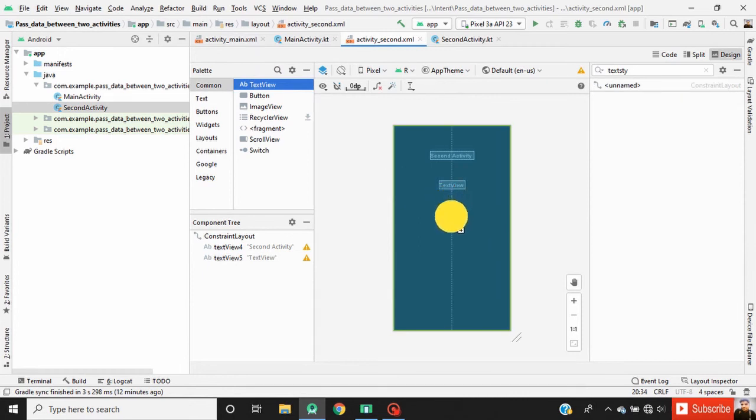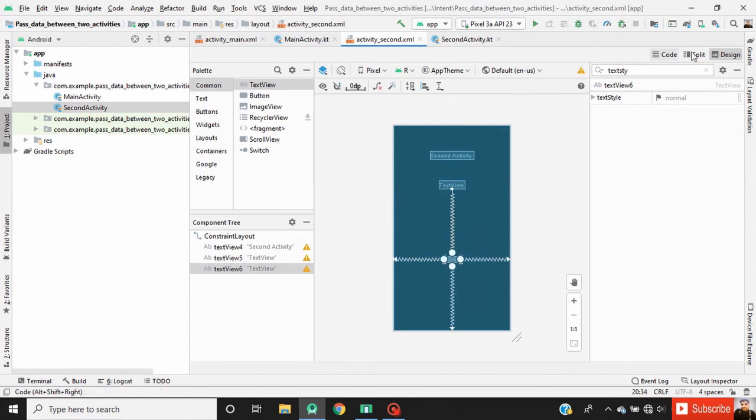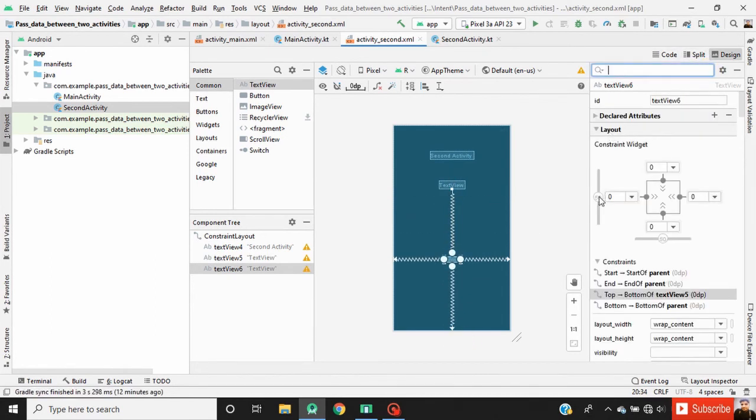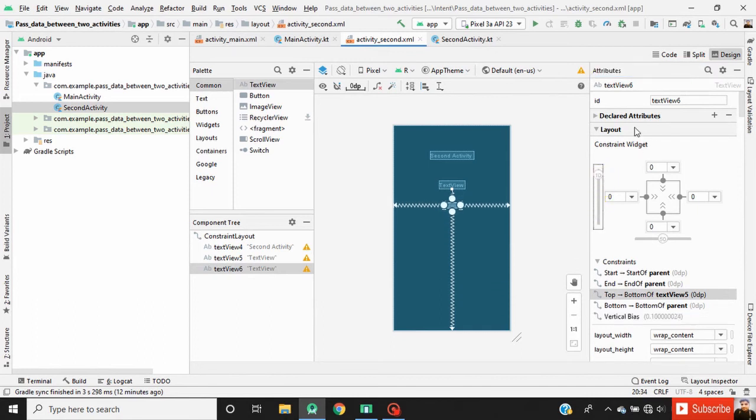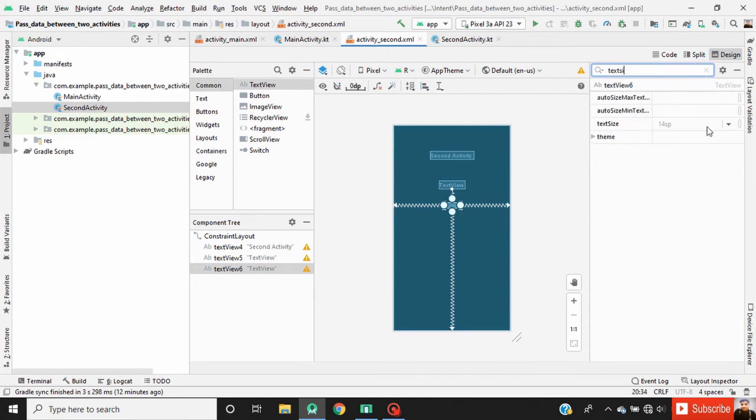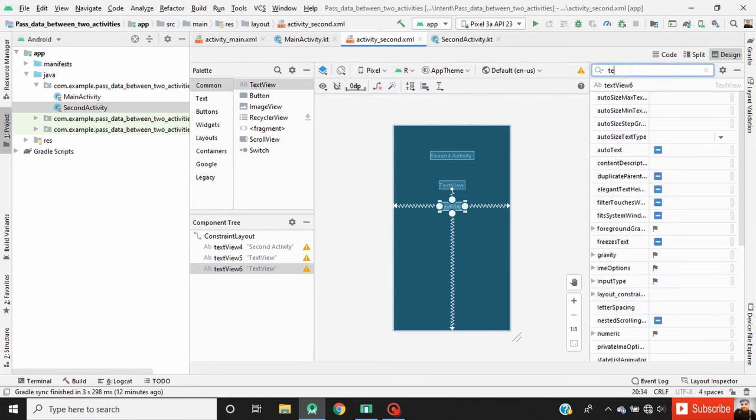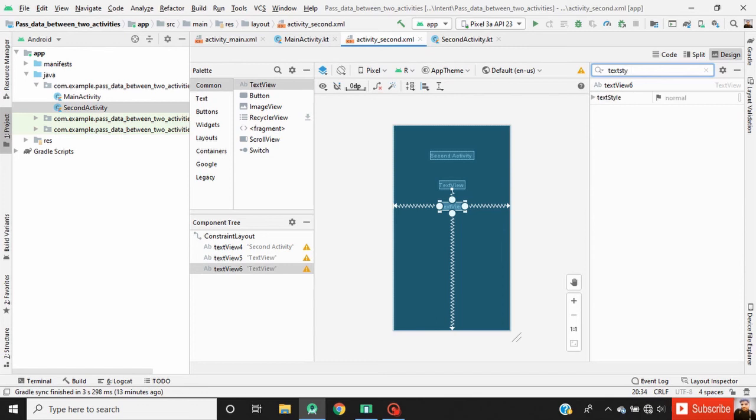Now drag another text view. Define constraint for this text view. Set the vertical bias. Change the text size to 22 sp. Text color to black. And text style to bold.